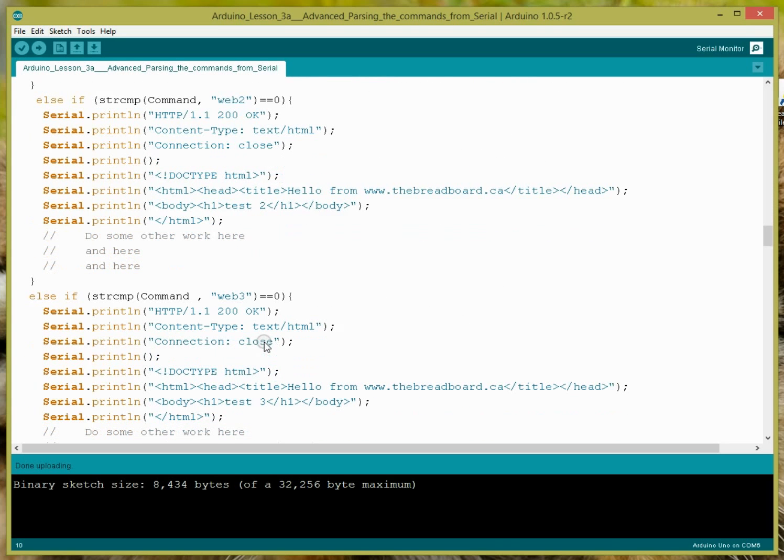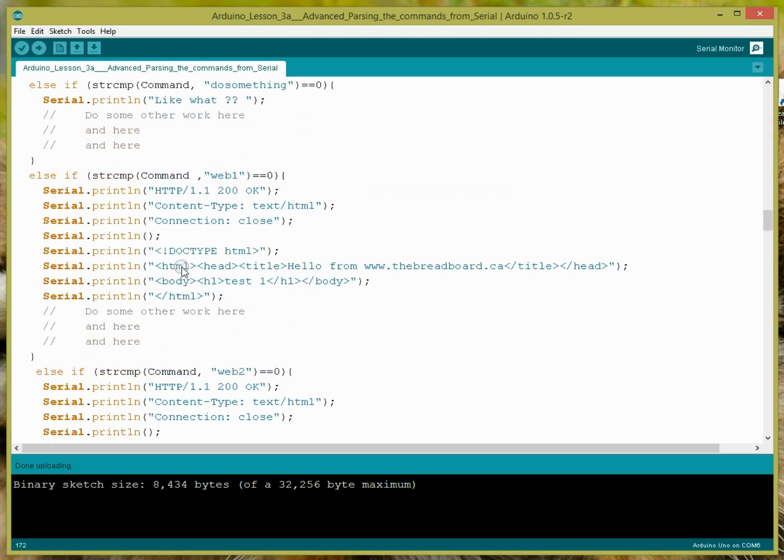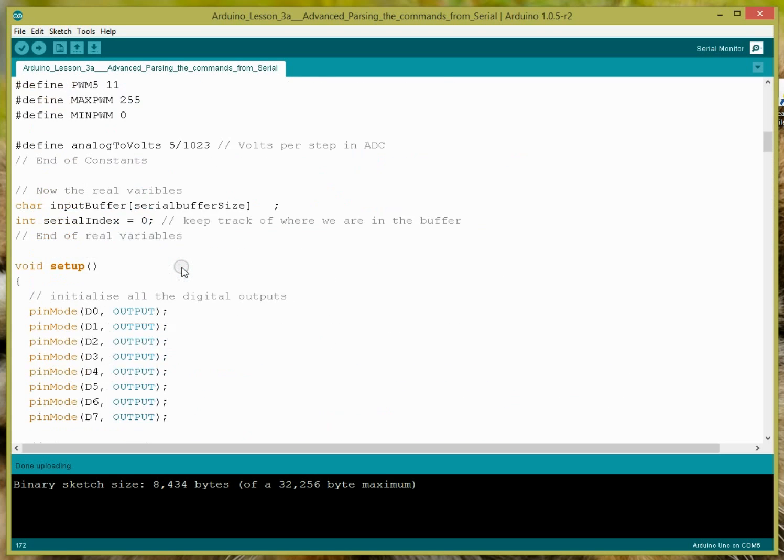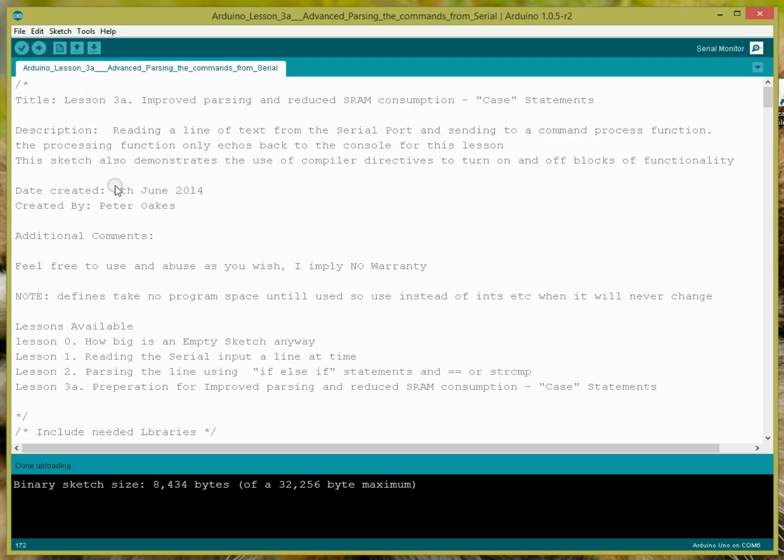So how do we avoid this? We've not got to the point of blowing memory or anything, but we're getting close. You can see how very quickly you can increase this. So enough of this particular sketch now. I've already uploaded it onto the lesson 3A blog entry, so hopefully you've already looked at it and you're familiar with it. Now we're going to go on and look at the 3B sketch to see what changes I've made and how much of an improvement